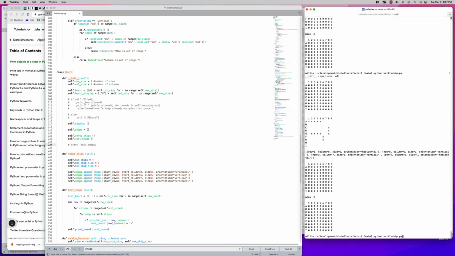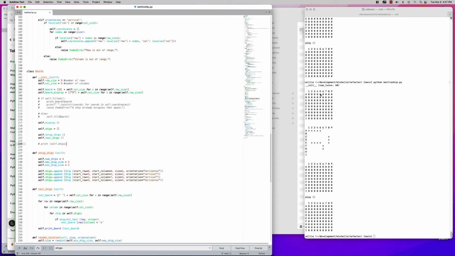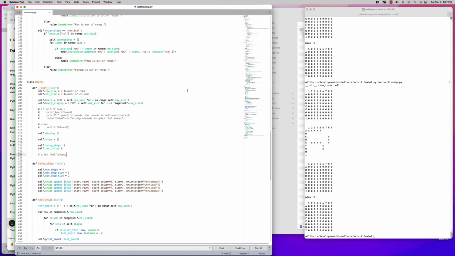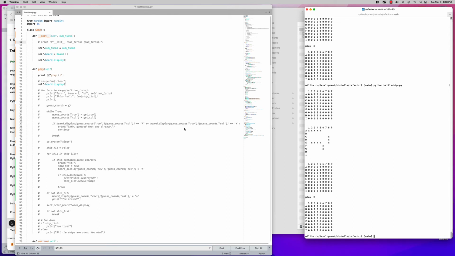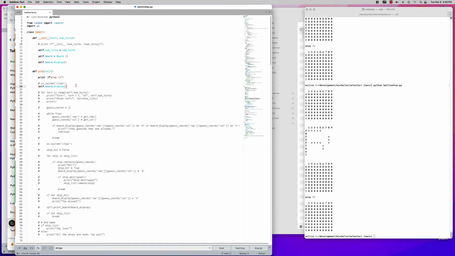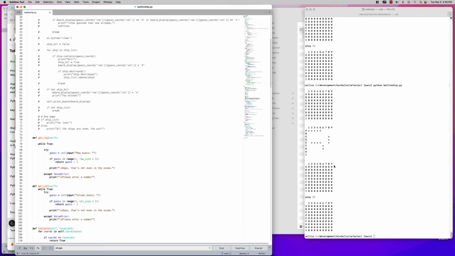Okay, so we start here. We call the init function, which we don't need to see that anymore. So we know the init function is getting called. Okay, so we start out, we print the board, we print the ships, we're printing the board again, we're calling play. Play doesn't need to display the board anymore. Oh, this one's before play, this one's after play, so